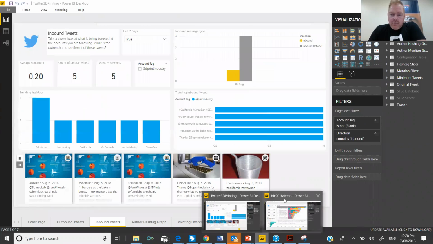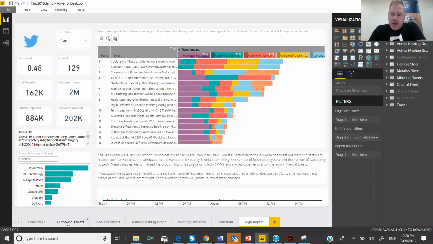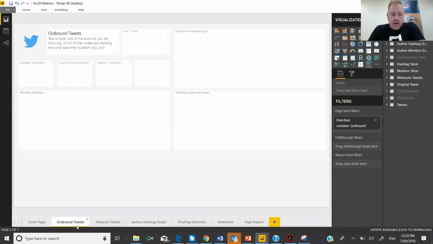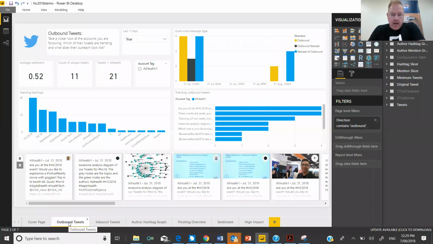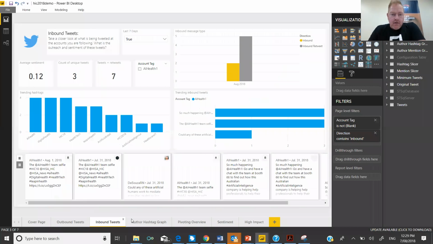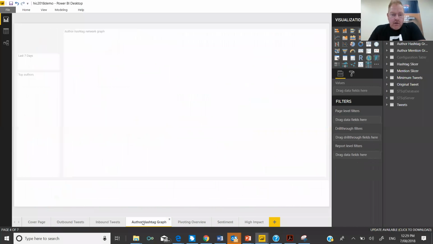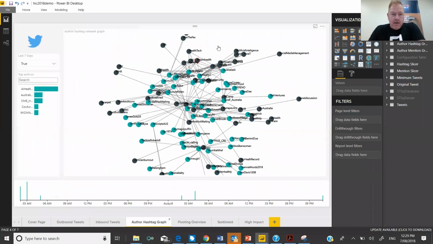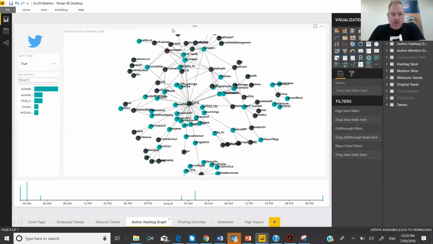I'll show you another demo, and this one was for the health conference in Sydney last week. And for this one, we monitored our hashtag, which was, our account, which is AI Health. And you can see the count of tweets in outbound and inbound. And again, if we go through the other pages there, we can actually see the network of topics.